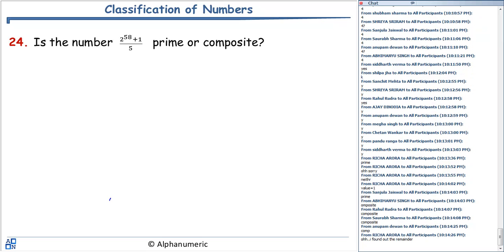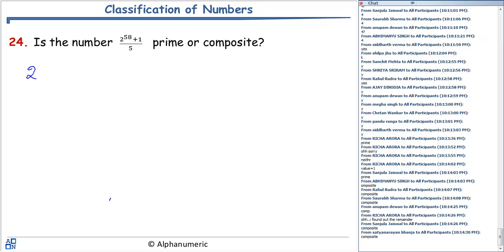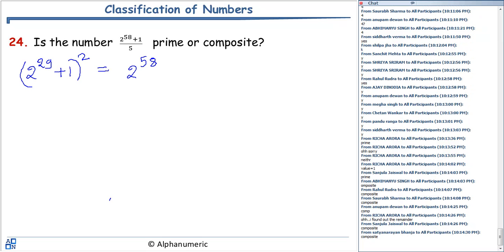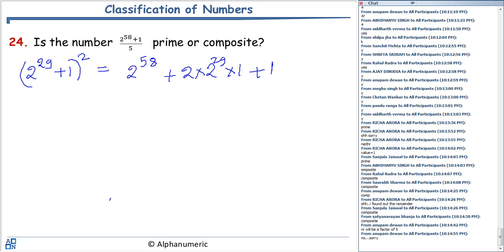Now, this is 2 raised to power 29 plus 1 का square. क्या होता है? This is equal to 2 raised to power 58 plus 2 into 2 raised to power 29 into 1, 2ab plus 1. Alright. So from here you can see the value of 2 raised to power 58 plus 1 is what? I can say this implies that 2 raised to power 58 plus 1 is equal to 2 raised to power 29 plus 1 ka square